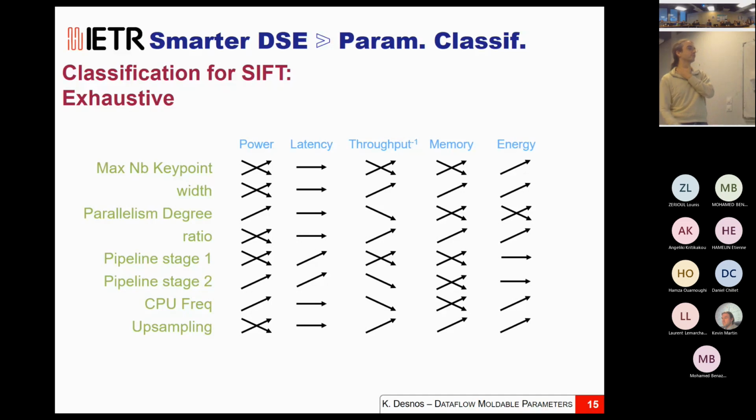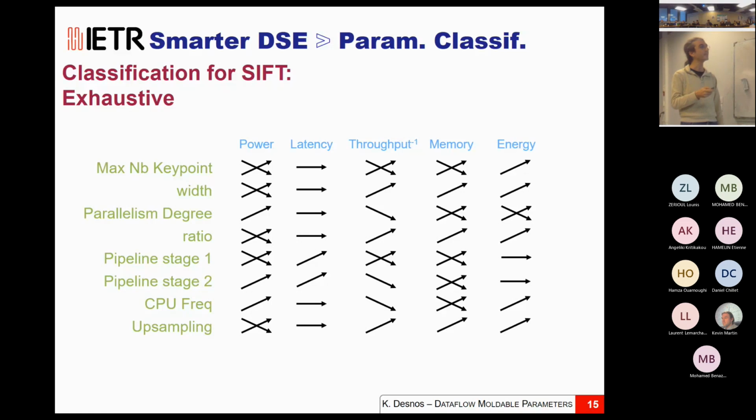So these are the results for the parameters of the SIFT application on the different metrics that we have observed. And we can see that the 4 classes are useful. We have some parameters that have a positive impact on some values, some have a negative, some have irrelevant impact, and some have no impact. So this means that this is something that we can look for. We can look for this classification, and it will help us to find automatically the best parameters in the design space exploration.